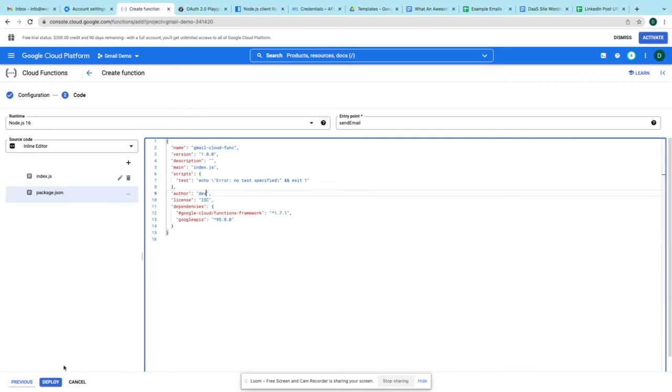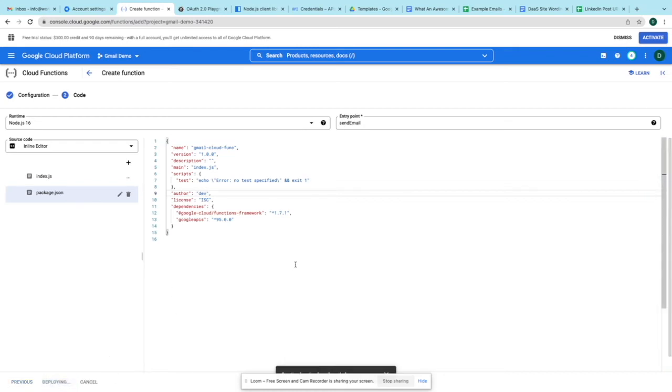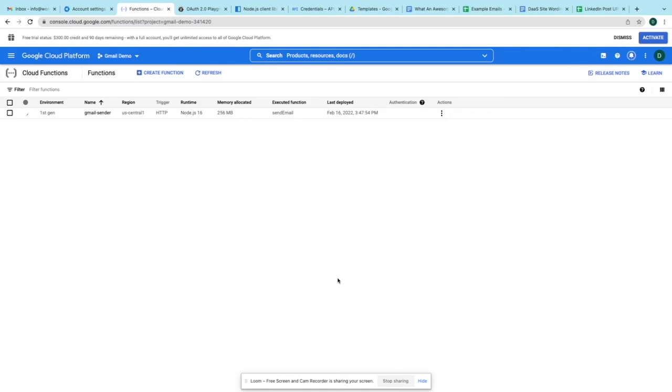Just copy and paste that stuff right there, and as long as your environment variables are filled out like I showed in the last little section, then you can go ahead and just click deploy. And if this is your first time deploying a function, it's probably going to take quite a while, so I'm going to pause while this deploys, and then once it's done, I'll show you where to get the trigger URL from, where to place it in Integromat, and then how to test your new